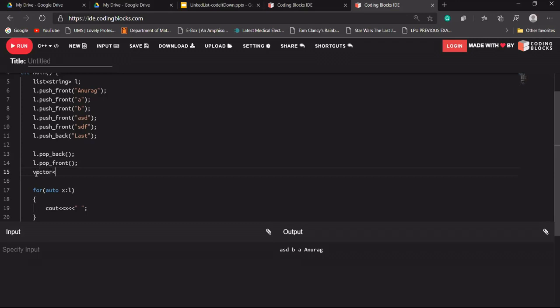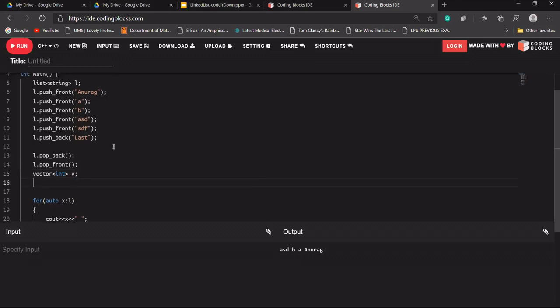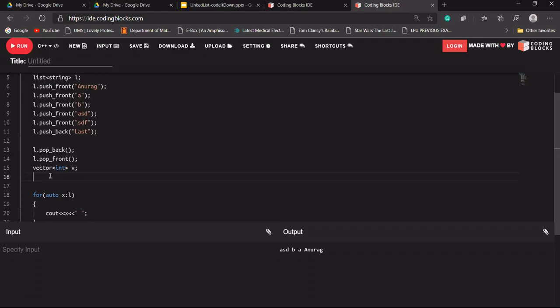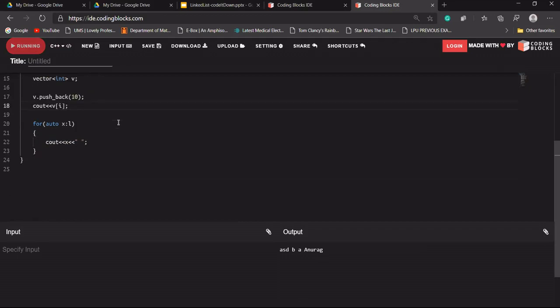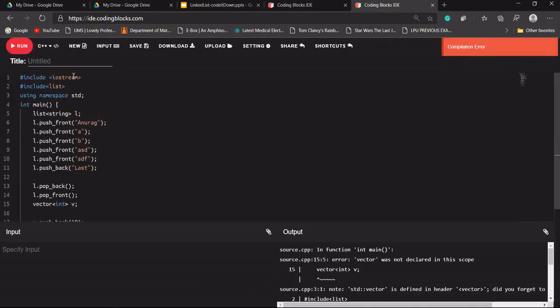Let me write vector also. Suppose I have created a vector of int type. Let's name it v. And in the vector, suppose I have added v.push_back. I'm writing something like this. So I can print my vector, I can access my vector something like this also. Either we can iterate and print our vector like this as well, and as it is an array of dynamic size, we can access values randomly as well. So vector has not been included here.